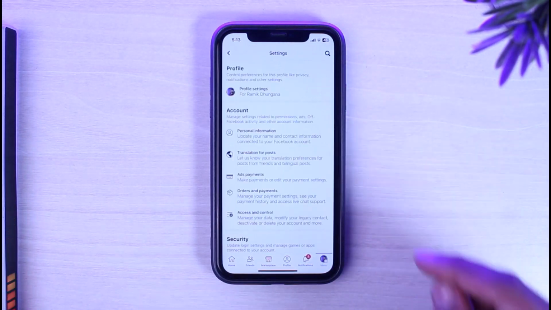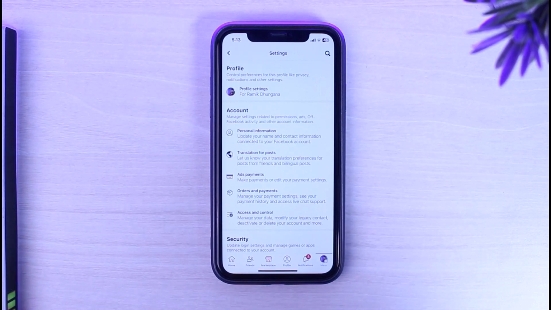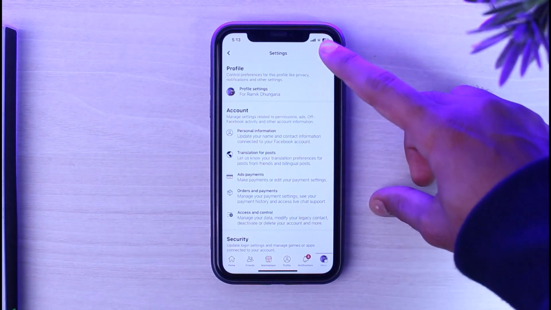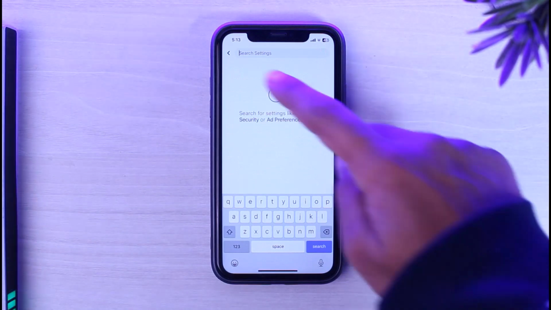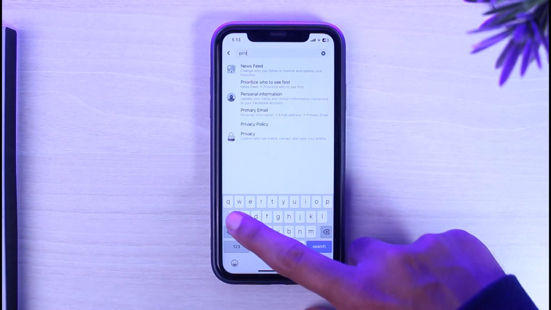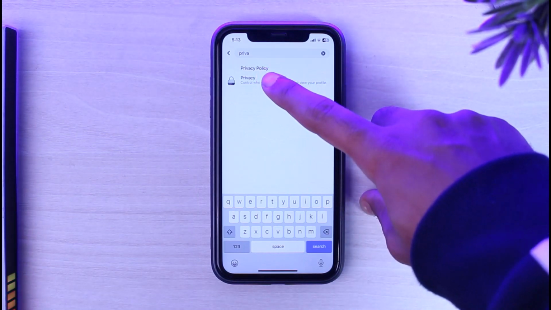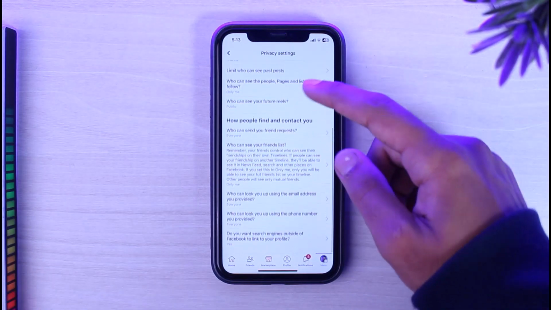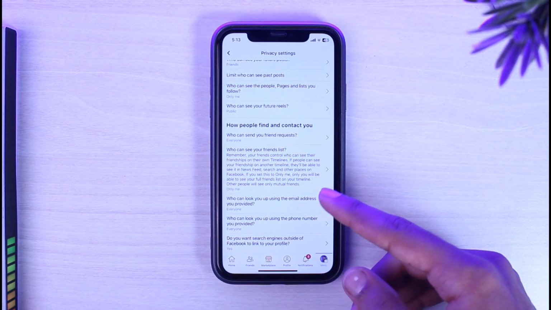Now go to settings and then on the top right corner of your screen, you can see the little magnifying glass icon. Simply tap on it. And now where it says search settings, simply type in privacy. Now go to privacy and there scroll down and there under how people find and contact you, you can see